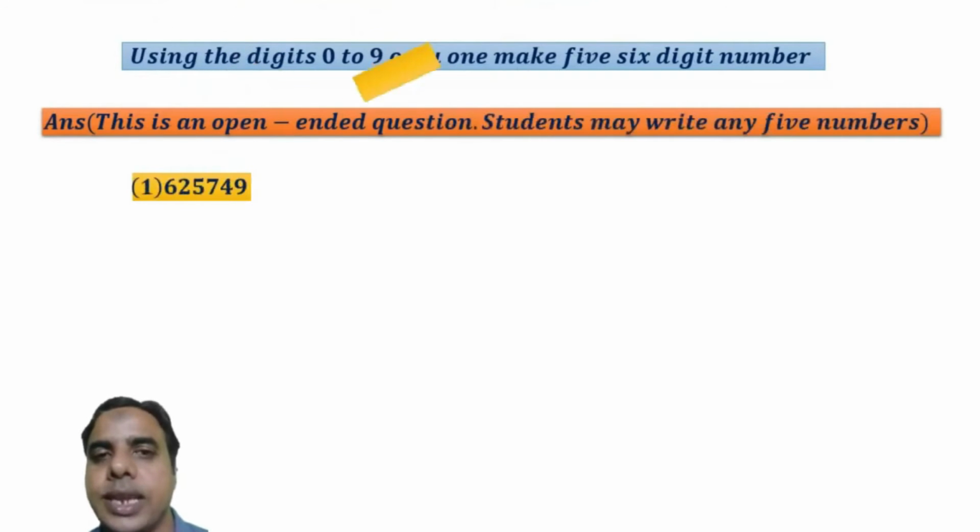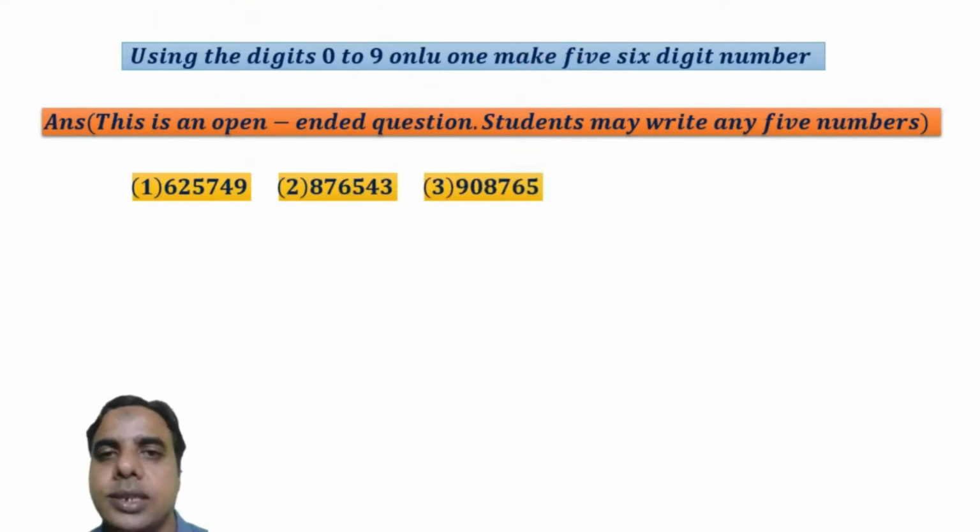6,25,749. Then 8,79,76,543. 8,76,543. Thereafter the next question, 9,08,765. 9,08,765. Okay, like this. Now we'll move for the next pointer, and that one is reading and writing of a